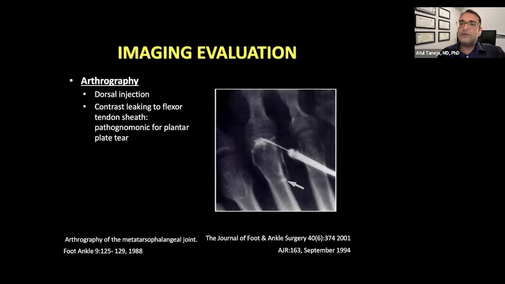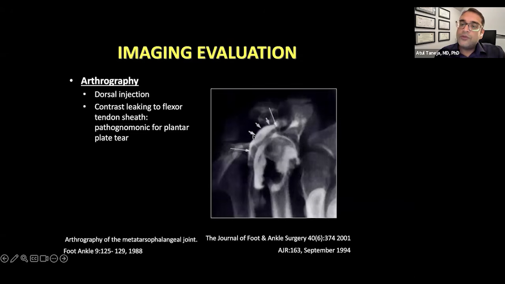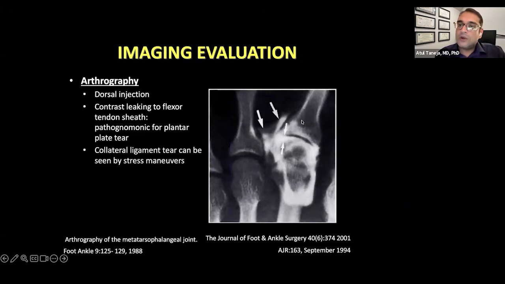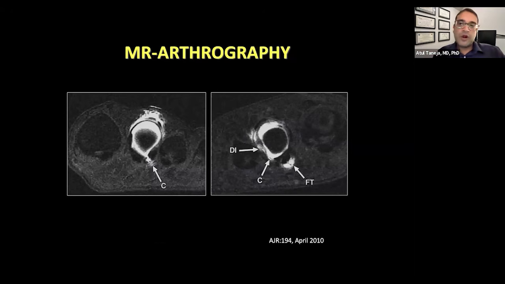We have MRI, but that it will be related to a dorsal injection of contrast with extravasation either to the tendon sheath or through the capsule or even to the soft tissues. That will mean there is a capsule injury, there is a plantar plate tear. Also, MR arthrography